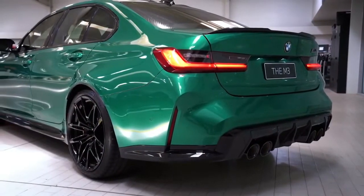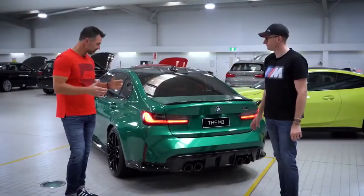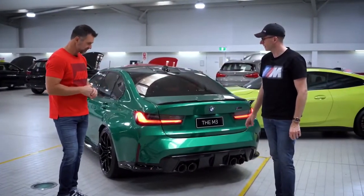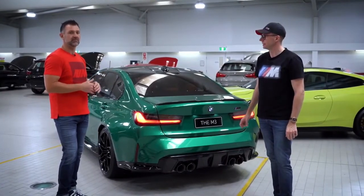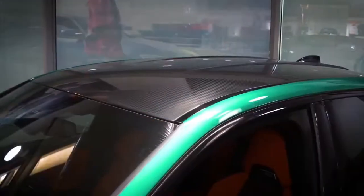One of my favourites. Now that is one hot rear end. It is, isn't it? Love the wide stance, love the big hips. Very aggressive styling again from the rear, but it doesn't just start down here. Exactly. It starts on the middle top of the car